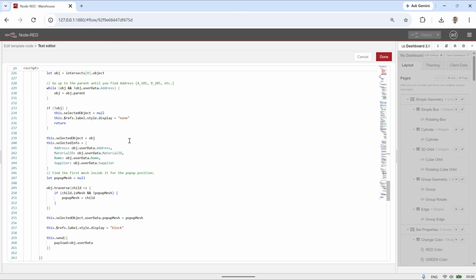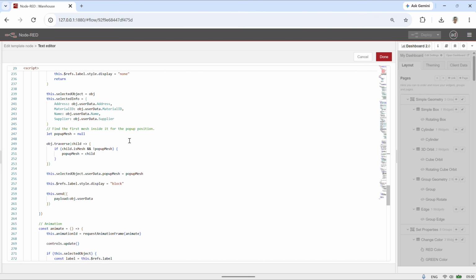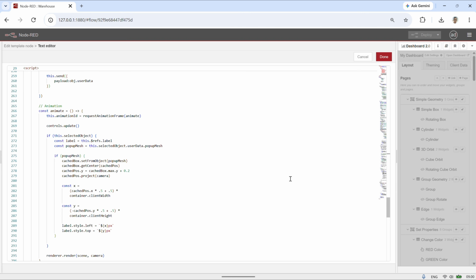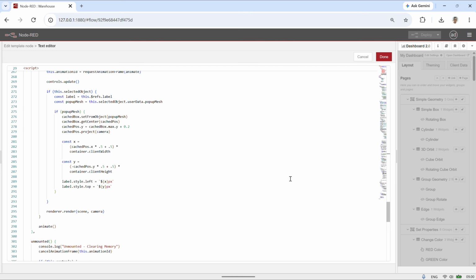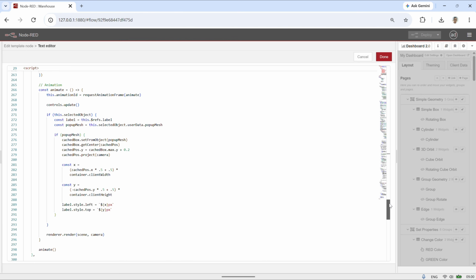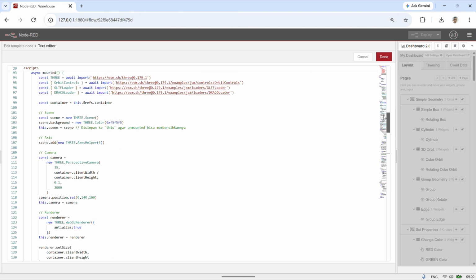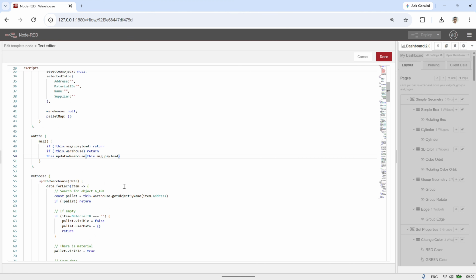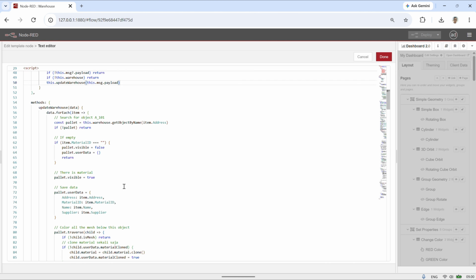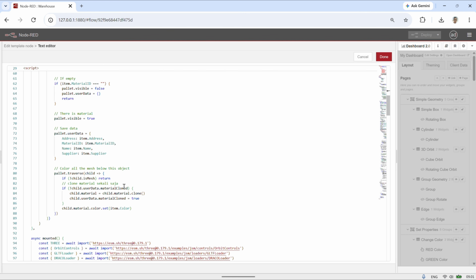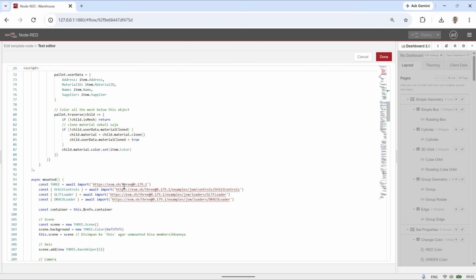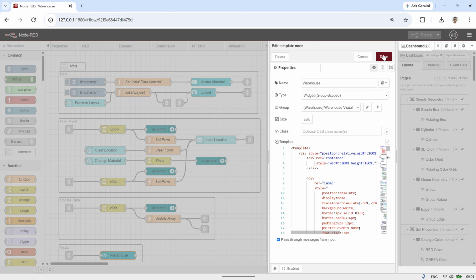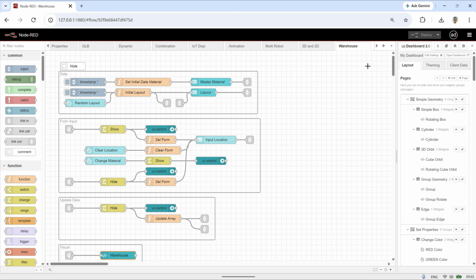Whenever new layout data arrives, the template node searches for each pallet by its storage address. If a storage location is empty, the pallet is hidden. Otherwise, the pallet becomes visible, its color is updated according to the material type, and the pallet information is stored for later use. Finally, when a user clicks on a pallet, the code identifies the selected object, displays a pop-up containing the pallet information, and sends the same data back to Node-RED. This makes it easy to integrate the 3D warehouse visualization with other dashboard components, such as tables, charts, or detailed